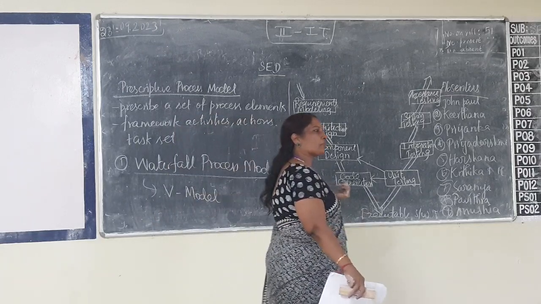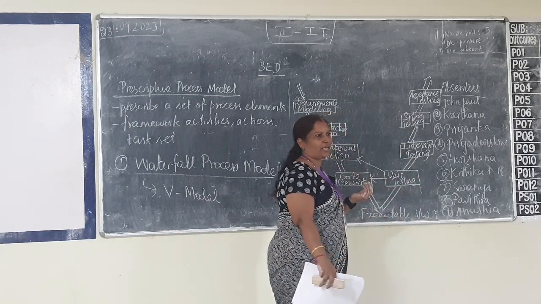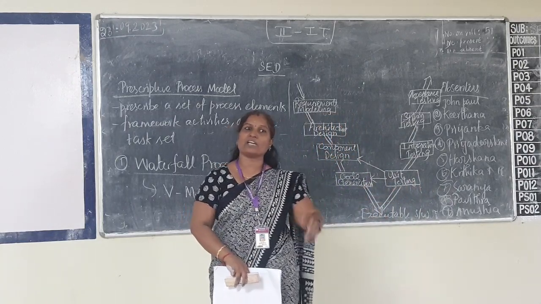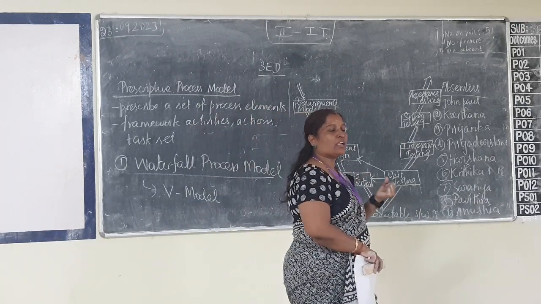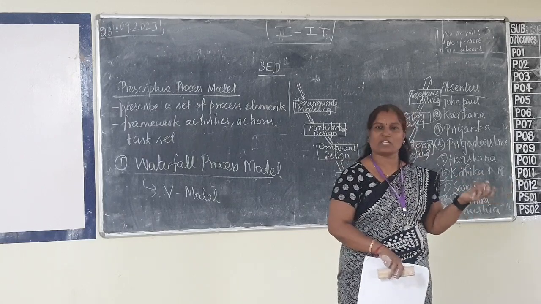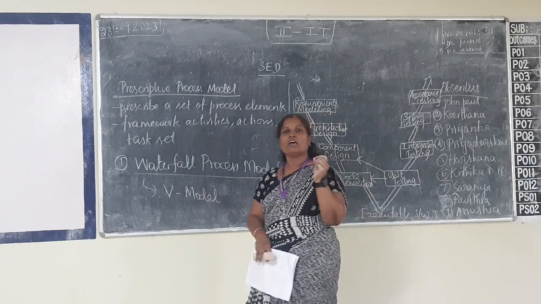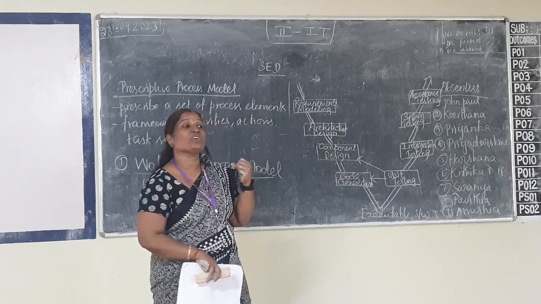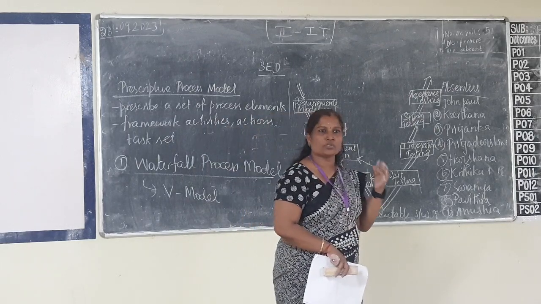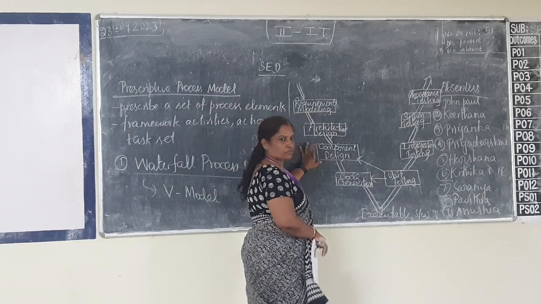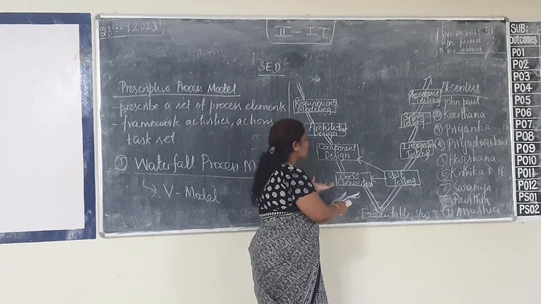Then comes the project, which software I am going to use, whether Java or C++, with respect to the requirement. Suppose it is game development, Unreal Engine and so on, where we need to incorporate AR, VR, 3D, and code it using C++. If you are going to develop a dynamic web page, you have to go with advanced Java features, deciding which component and which database I am going to use. All those things have to be designed, and then code generation. Once everything is available, we generate code.